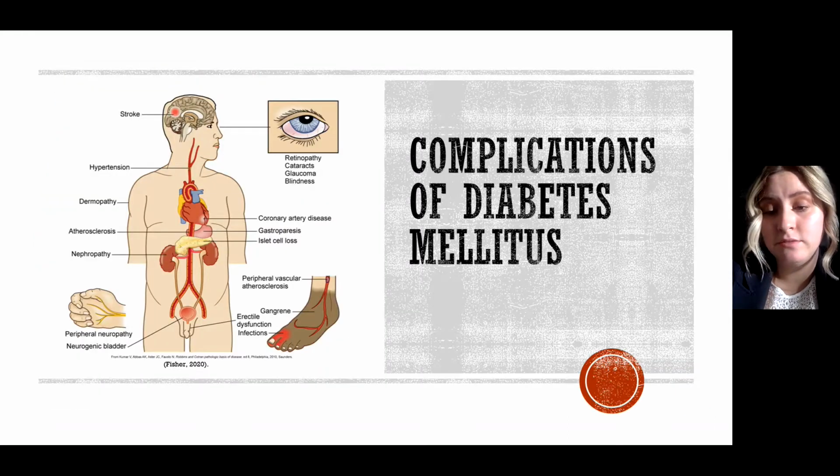Some of the complications of diabetes mellitus include stroke, hypertension, dermopathy, atherosclerosis, neuropathy, coronary artery disease, and a number of other ones. The number one that I want to talk about today is not only neuropathy, but I want to talk about impaired healing. I've kind of touched on it a little bit, but we want to really educate our patients that keeping their blood glucose in check is so vital and so important. Why? Because they have impaired healing. So, they're more at risk for